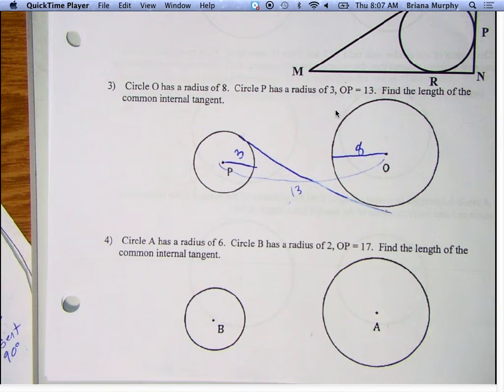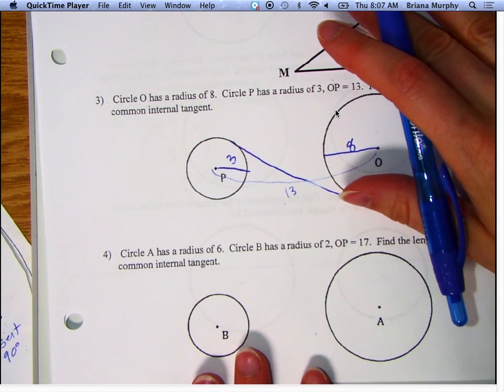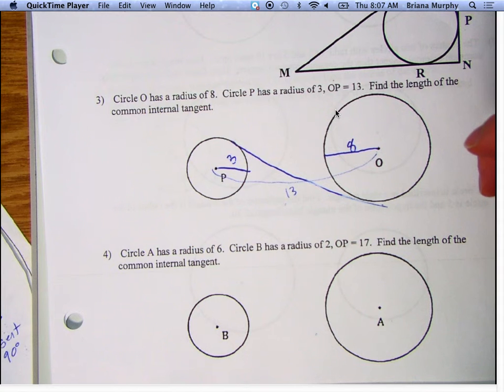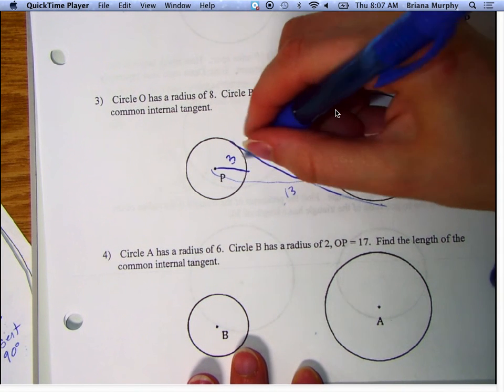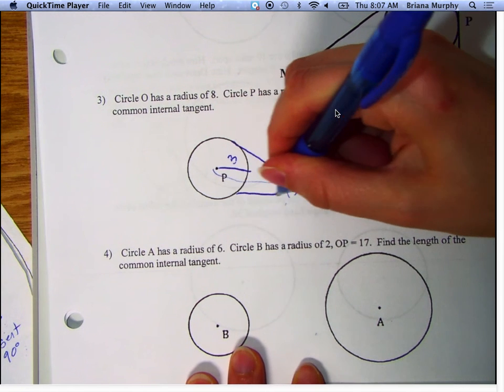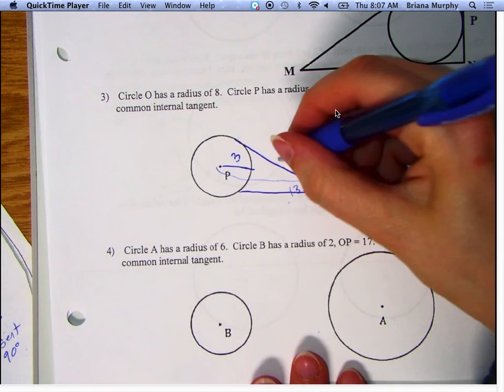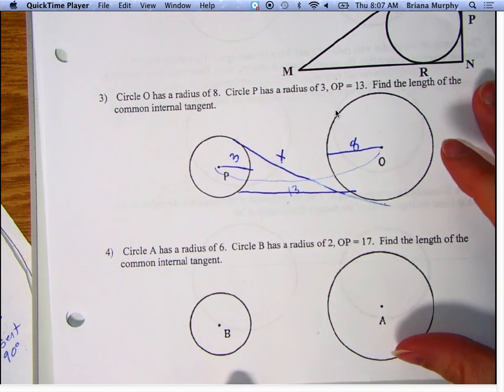An internal tangent. So we've got our internal tangent. Okay. So, and we know the distance is 13. So, how long is between here to here? We know that's 13. We're looking for x. Do you see our right triangle start to form? Yeah, I get that. Okay. So we're going to end up with,